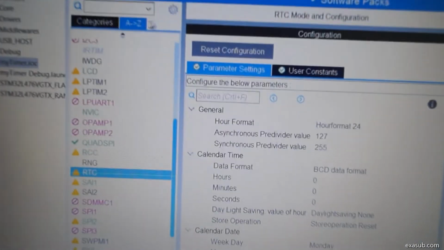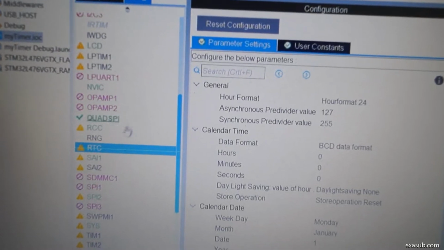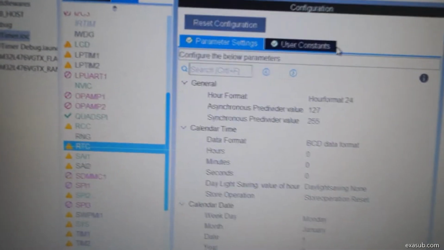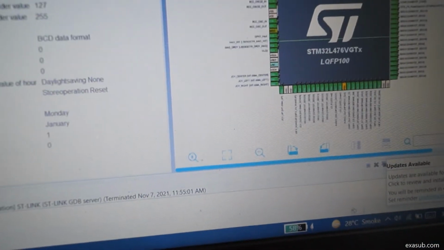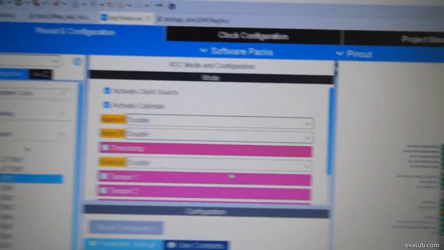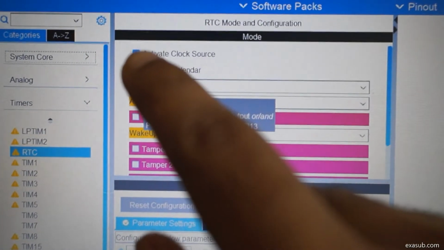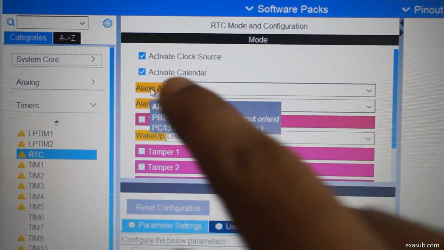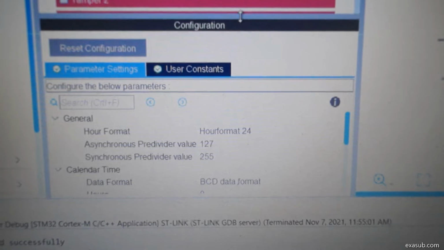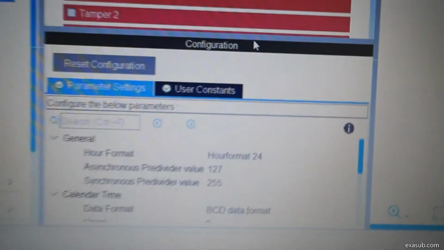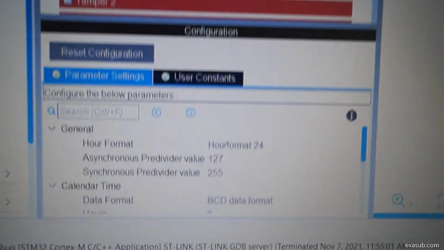In this pinout configuration, if you go into RTC, you have to check these two options, activate clock source and activate calendar. Then you have to configure the options over here.